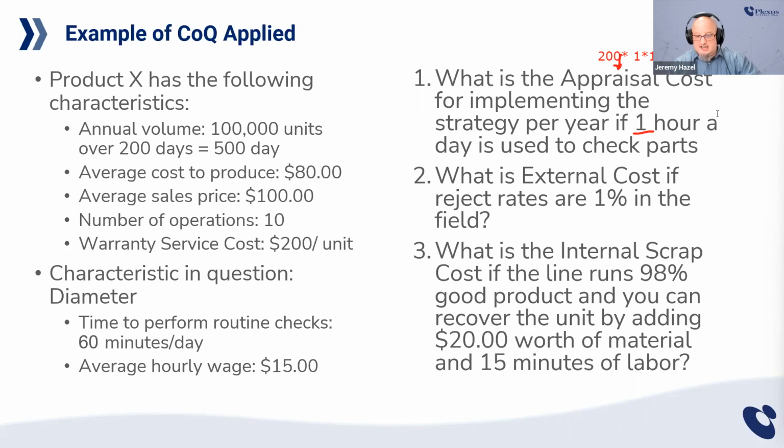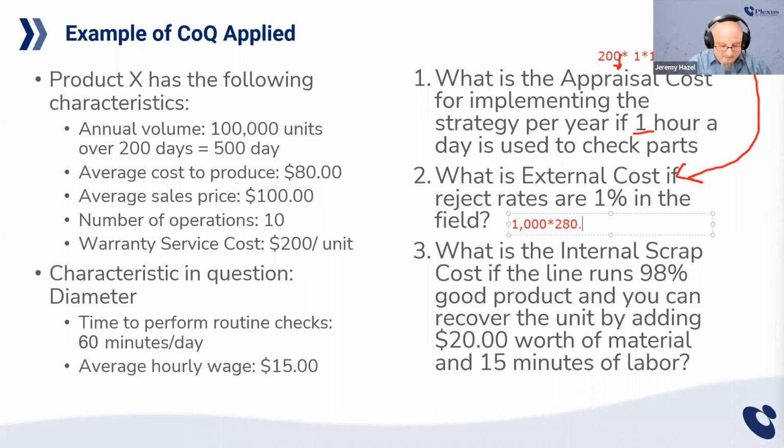Now, management should say, what do I get for this $3,000? What's in it for me? As a quality professional, if you cannot draw the line in terms of what you get for the $3,000 you're about to spend, you need to go back to the drawing board. So you go back and say, you know what? We know that we had diameter issues in a previous job. We know that we got 1% warranty on that job. So if I'm going to run 100,000 units, that means 1,000 units are going to come back to me every year. And we're going to have to remake those units.